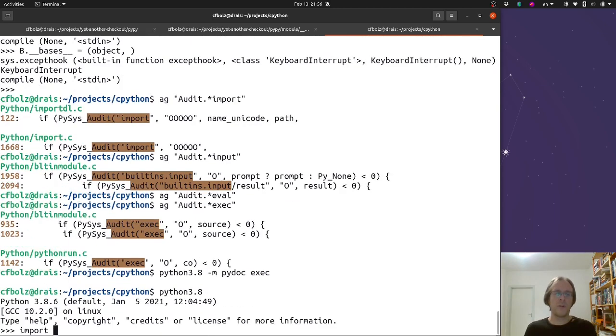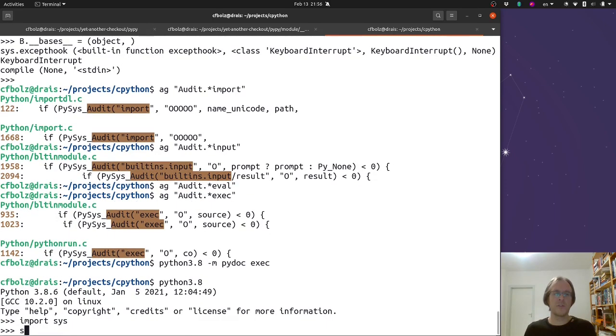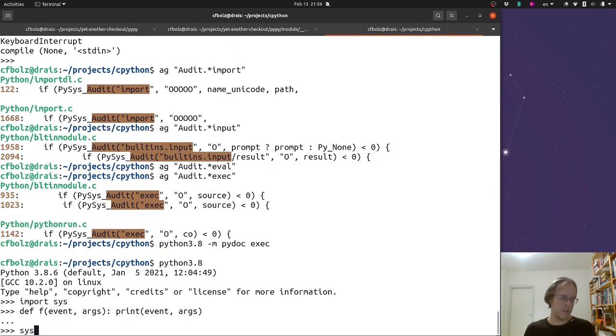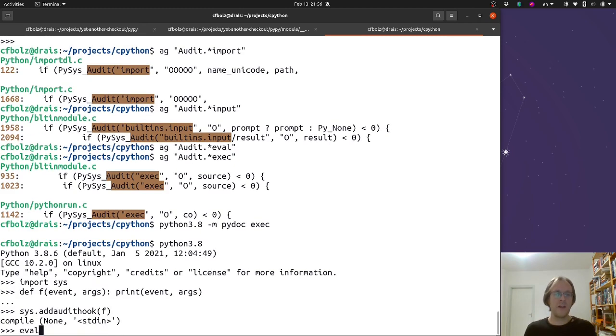So import sys, def f(event, args), sys dot, hi Tobias, good to see you. Add audit hook f. So if we now say eval 1,